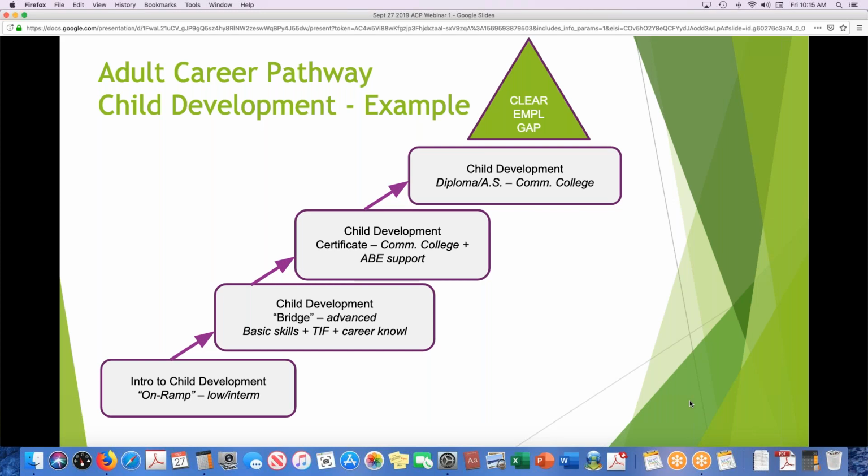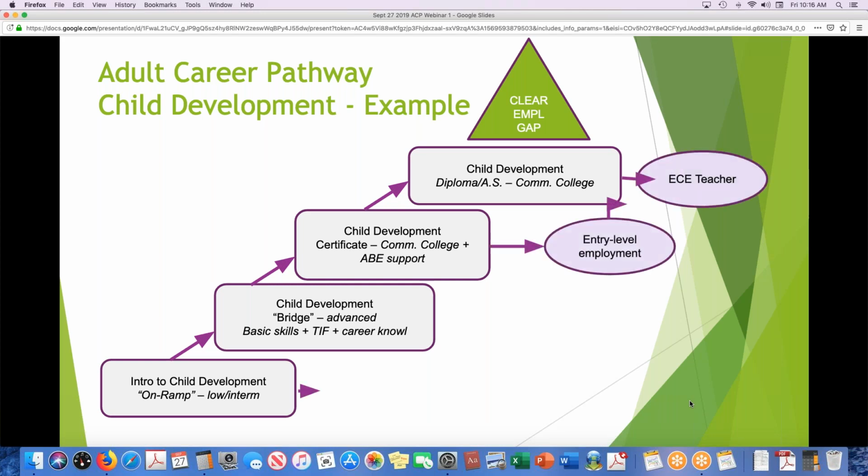Many programs, again, do not have this fully fleshed out or all together, but we can begin with an on-ramp or a bridge course. Throughout all of this, you can see that students can move into entry-level employment or into becoming certified in that field. That usually does not happen at the lower levels of the bridge or on-ramp courses. That usually happens in a higher level, but it can happen any place.